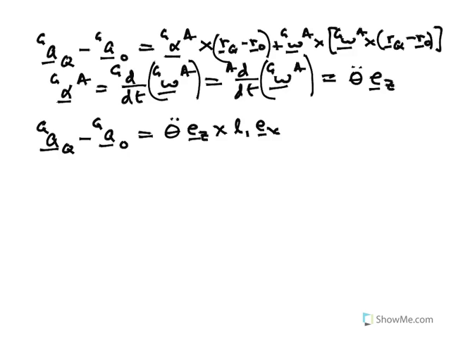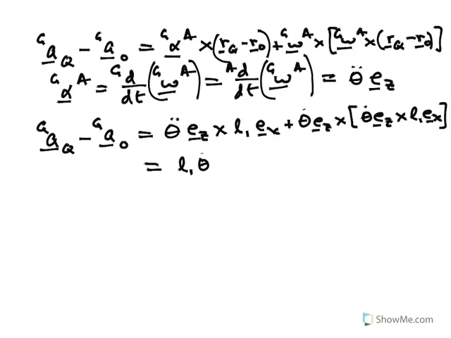And then the second term is going to equal plus theta dot Ez crossed with theta dot Ez crossed with L1 times Ex. So if I simplify this, I get L1 theta double dot Ey, and then if I take